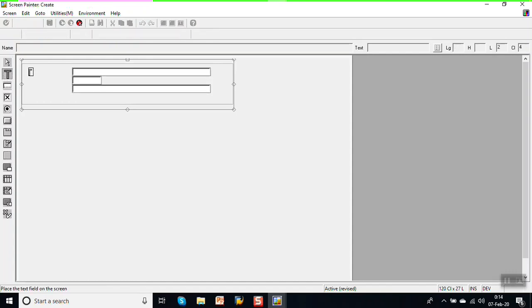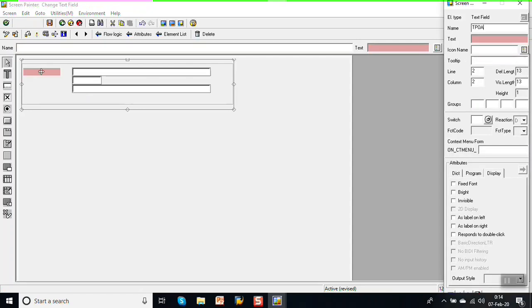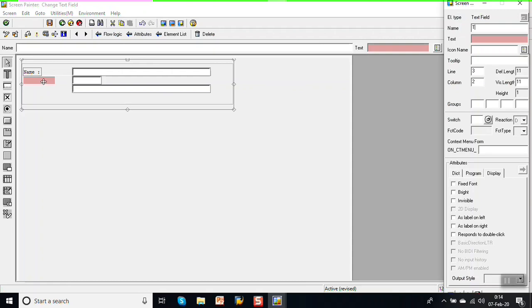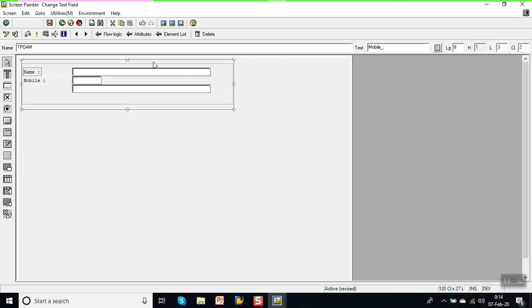Now take 3 text fields: that is POA name, second will be the mobile number, POA mobile, and the third will be